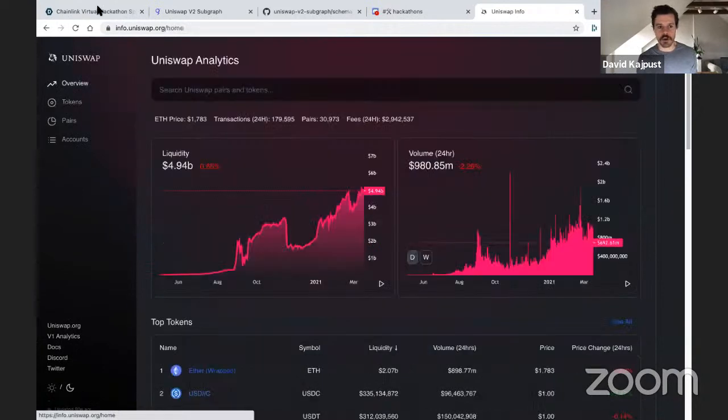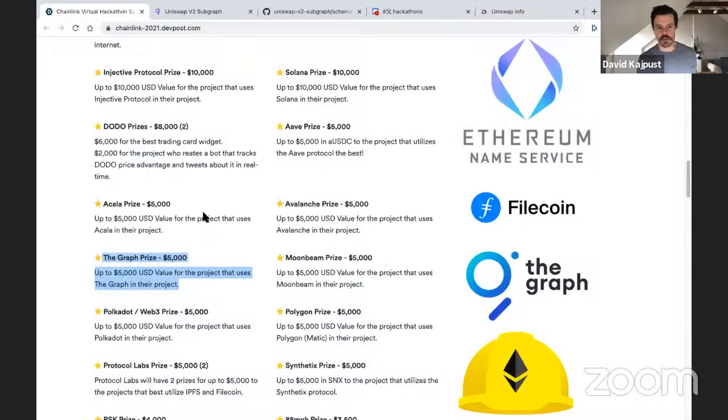So for the hackathon, we're really excited to see what people can build, and we'd love to see somebody build with Chainlink. Once again, I'll repeat the 5 prizes that we're looking to see: the best subgraph using Chainlink oracles, the best governance subgraph, the best DeFi subgraph, the best NFT subgraph, and the best Web3 subgraph. Each of those subgraphs will get $1,000 for a prize, and we're super excited to see what everybody builds. That's pretty much all I have to say today, and I'll stop the presentation here and open it up for